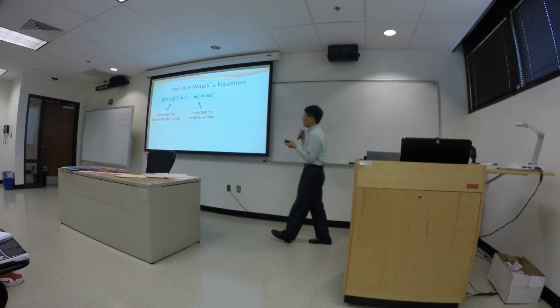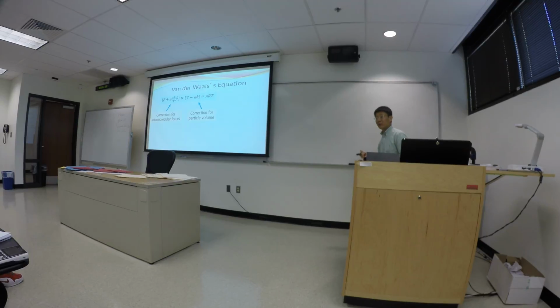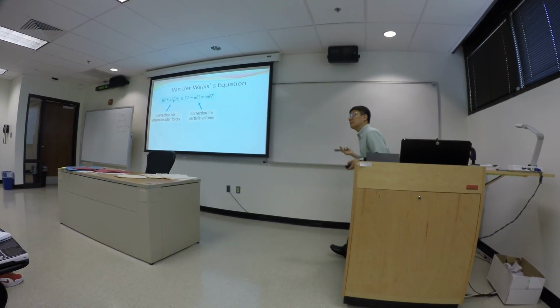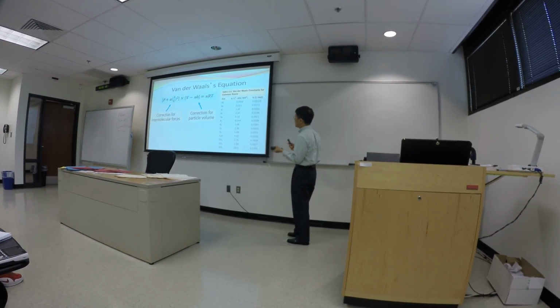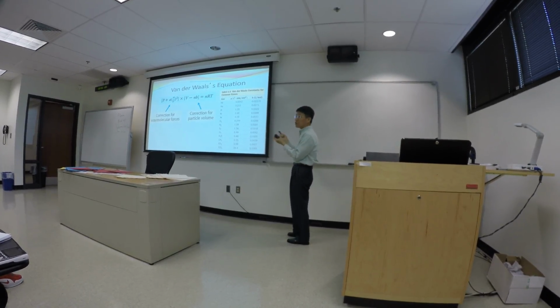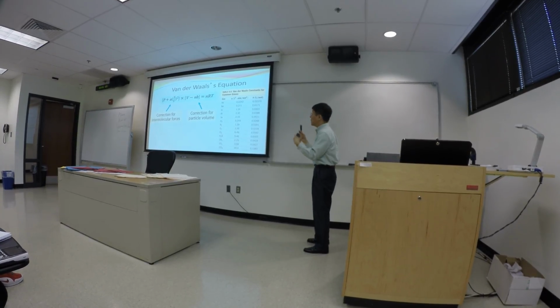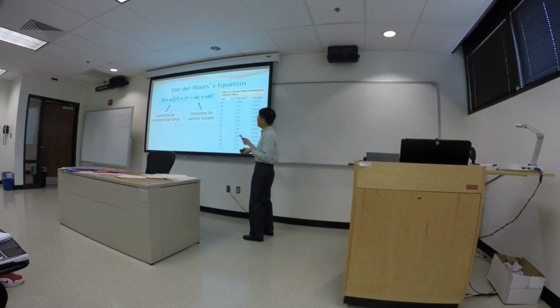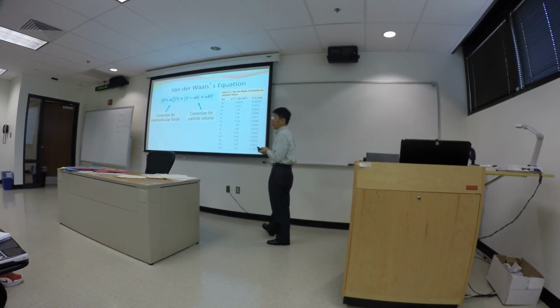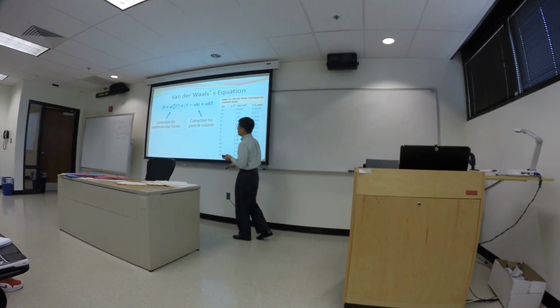You may look at that equation and say, wow, that's a much more complicated equation. But it still takes the form of PV equals nRT. And for the real gases, n still is the number of moles. V, capital V, is the volume. A and B: A is the correction for intermolecular forces, and B is the correction for particle volume. And for each different gas, we have a different